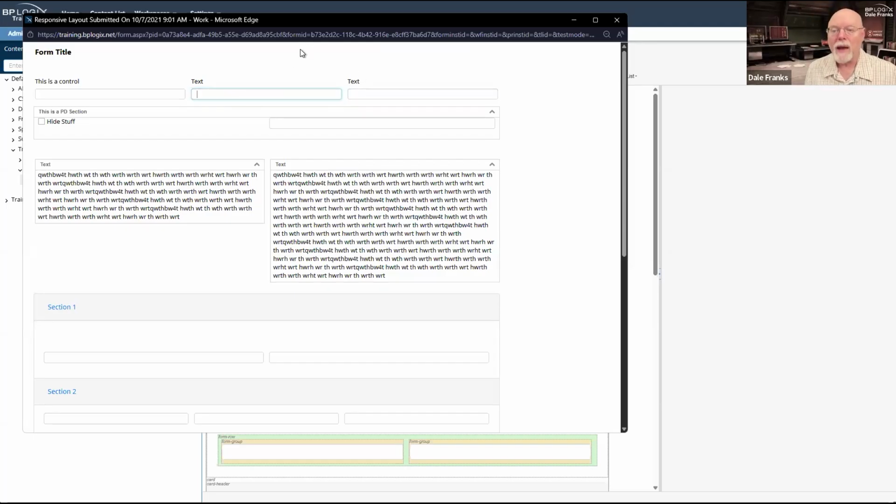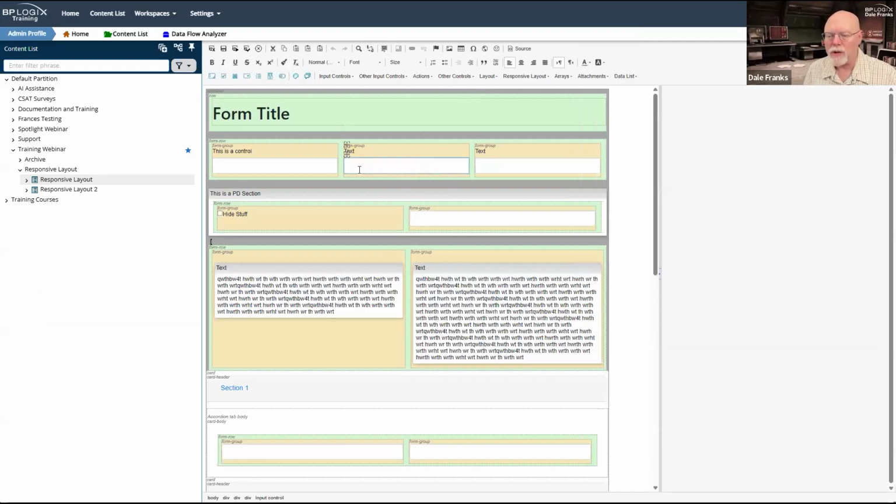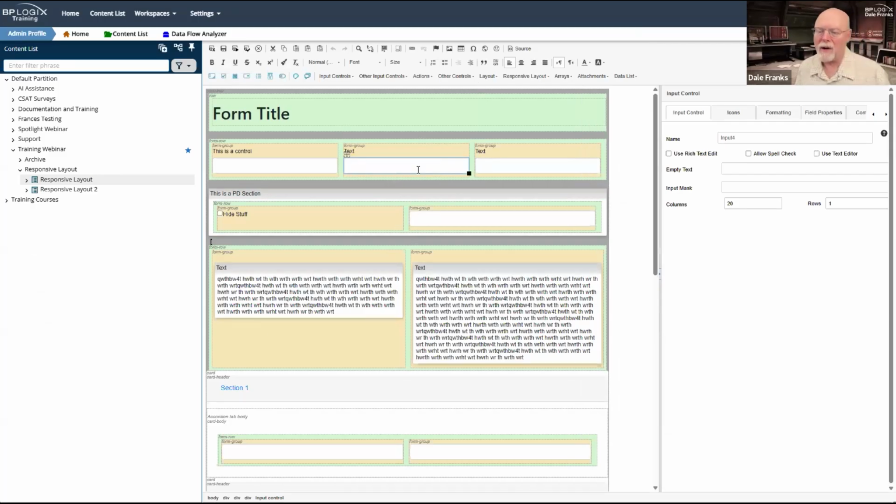For example, if we look up here at the top, and we'll get into the details of what all of this stuff is here in a minute, I just want you to notice these form fields automatically fill this entire orangey tan area here, a control called the form group that provides the visual layout.